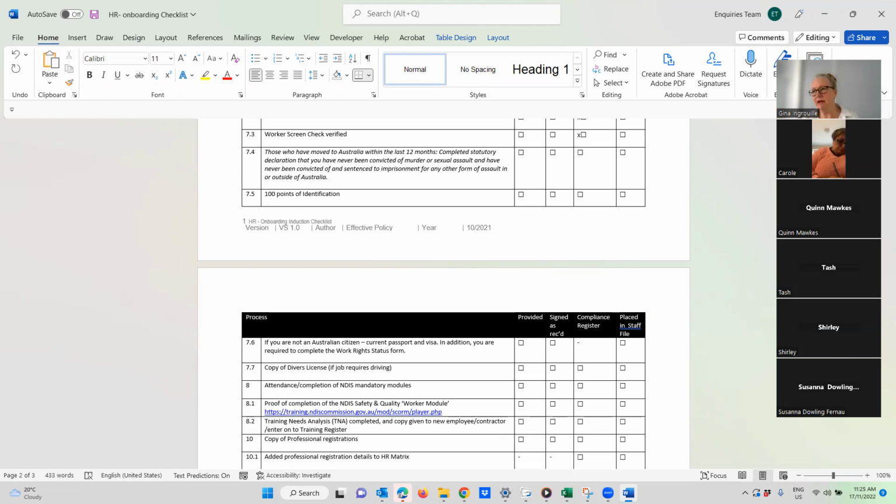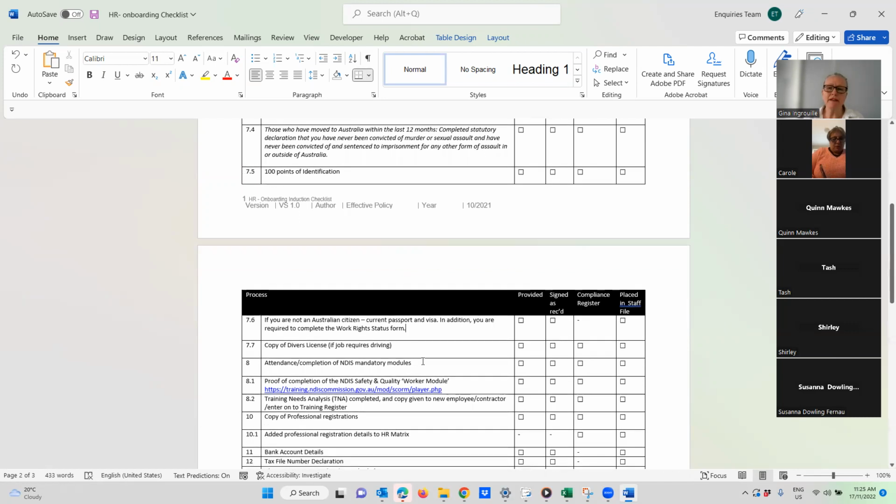Also, nobody can start working in the NDIS without first having the worker orientation module. So your auditor is always going to look for that. There are some mandatory trainings as well. And in capturing that, I could say the things that the standards say your staff must know about, and don't forget there will be different levels of knowing, are infection control, which must be done annually, and we must see the evidence of that.